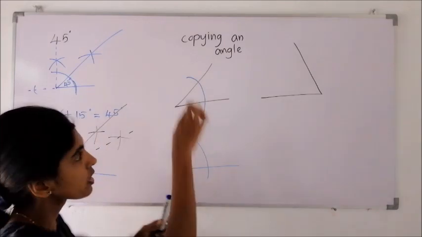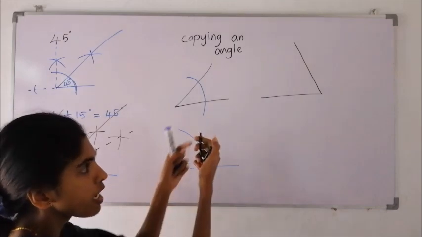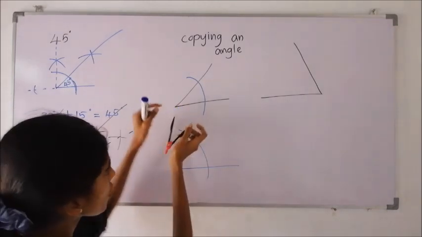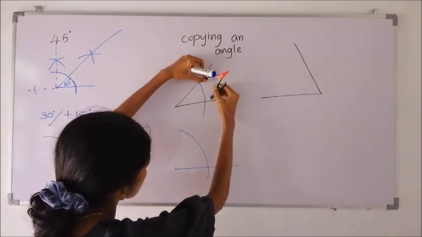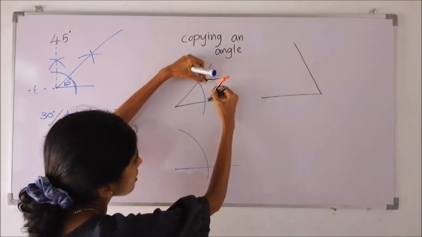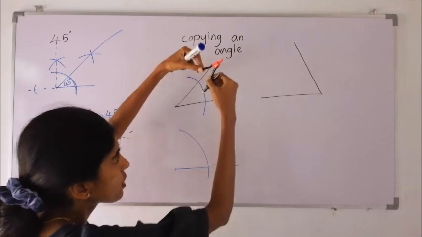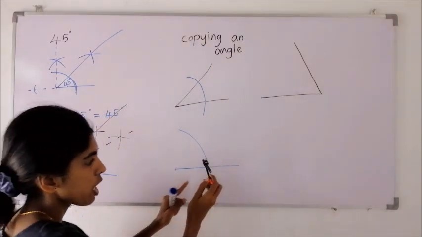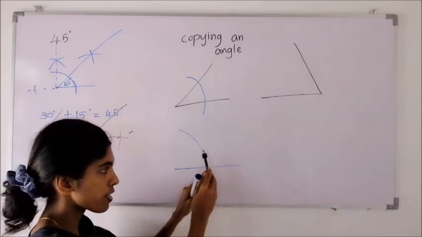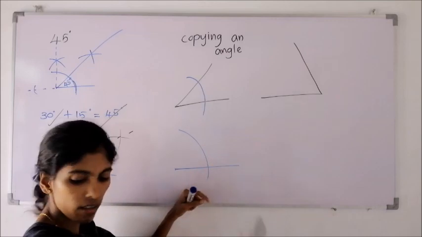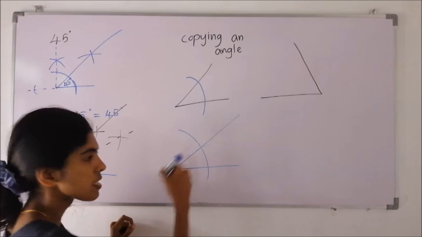Then children, again go to the previous angle. Now you know, by using this metal point and this pencil point, we can measure this angle with the help of the given 2 points. Okay, see, by using the pencil point and the metal point, we can get the size of this angle. Now go to the place where you want to construct the angle. We can see one new point here. Keep the metal point there. To get the other point, draw an arc. Now when we join these two, we get the same angle.